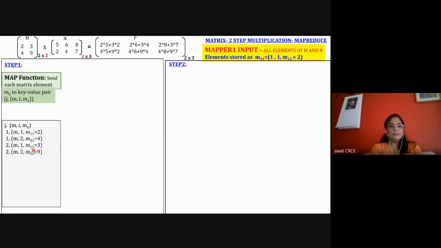First row, second column. Then second row, second column. Okay, so this is about the matrix M. So for each matrix element for the M matrices, it has generated this output. This is intermediate key and value